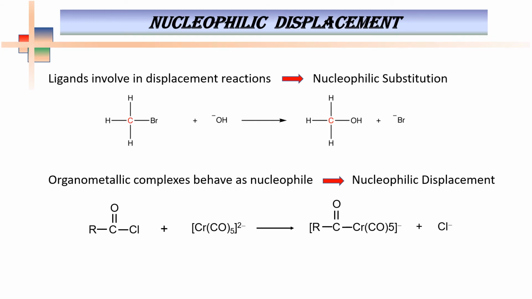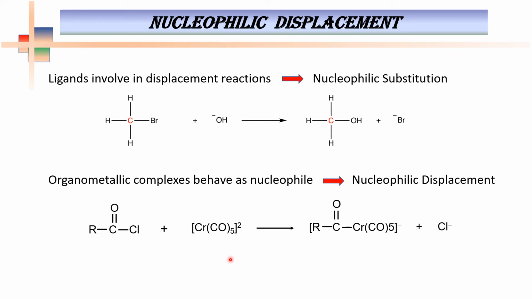Now coming to another important reaction category, which is also associated with the loss of ligands. As we know, the nucleophilic substitution reactions from our organic chemistry background, a nucleophile easily substitutes another nucleophile, and these reactions we are very well acquainted with. We are not going to talk about the mechanistic pathway. It could be unimolecular or bimolecular. But nucleophilic substitution basically involves a nucleophile substituting another nucleophile.